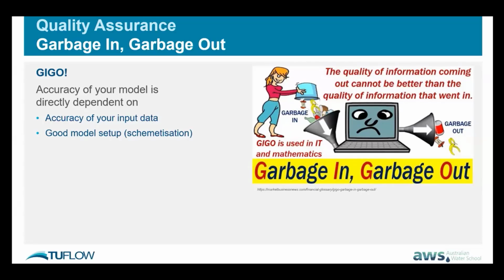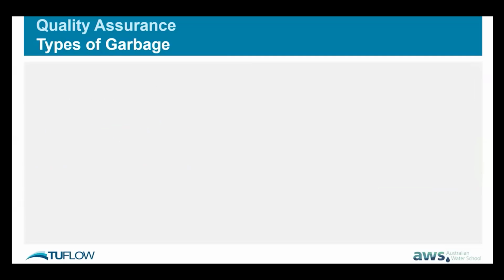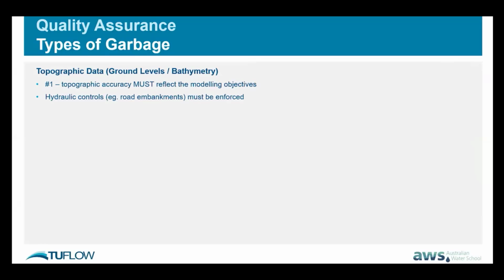But if you want really accurate data to feed through to your decision makers, you need to have good input data. So I really can't emphasize the importance of this. I just can't emphasize it enough. And so just some examples of what garbage, if you like, is: obviously inaccurate topographic data is probably the big number one. If you feed in poor elevation data or poor bathymetry data, of course your modeling is not going to be particularly accurate.